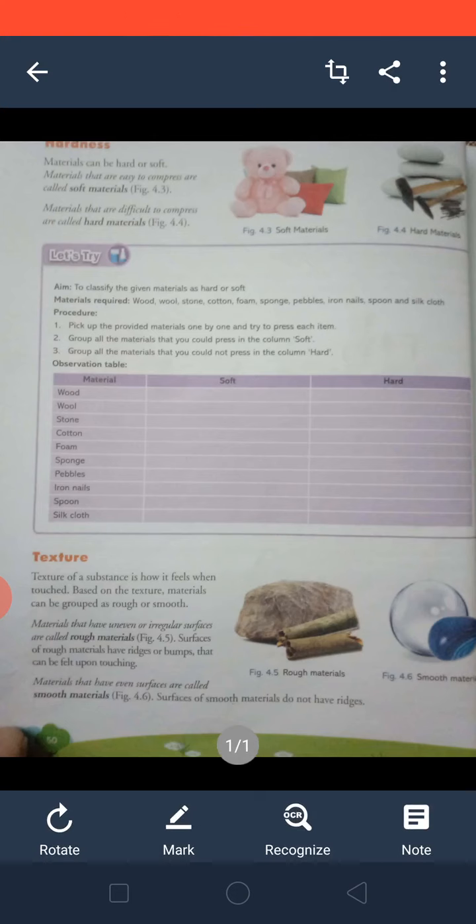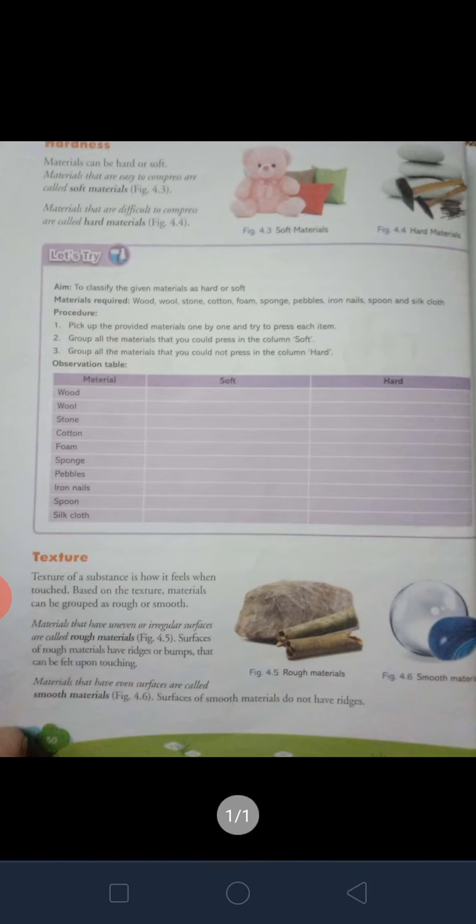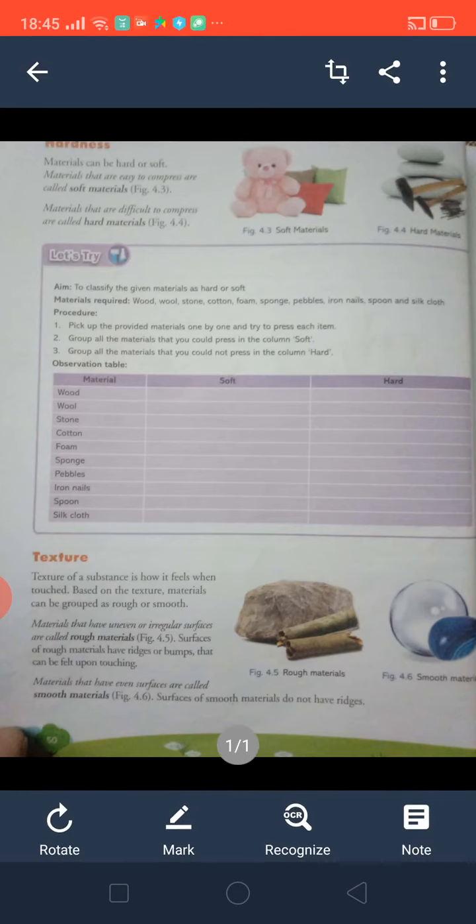And yes students, on Wednesday your weekly test will be held. In the weekly test you have to learn lesson 2. So prepare for lesson 2. An objective type weekly test will be there. Objective type means 1 mark question answers will be there in the weekly test. So start preparation. And on Wednesday, be ready for the test.